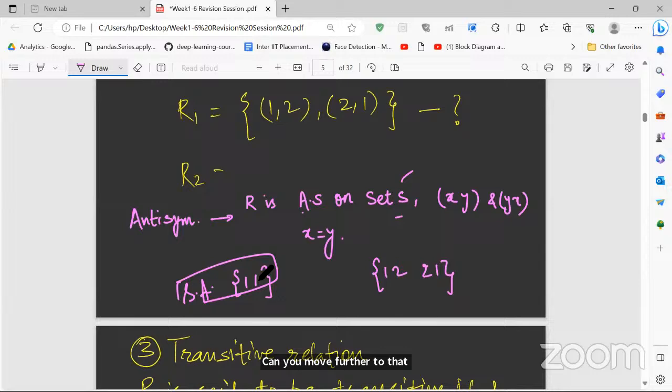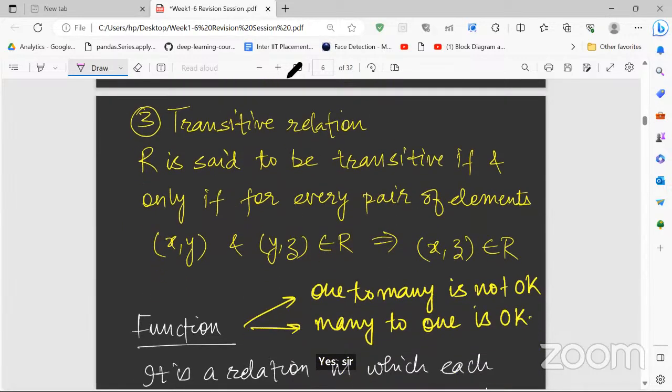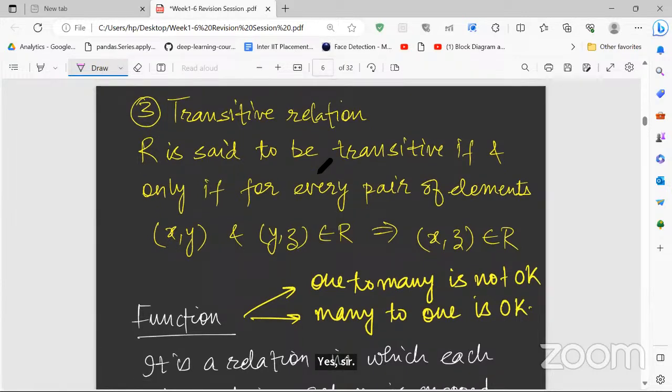Yes, sir. Okay. I'll take the chat questions also, but in the end, because I can't take them now, we already have 1 hour. The transitive relation is also pretty simple, it's not that difficult. Again, on the same set S, we have some relation R, and this is said to be a transitive relation if and only if for every pair of elements, and here also everything is about R, not S, if you have pairs (x, y) and (y, z) present in R, then (x, z) should be present. Nothing else you have to check.